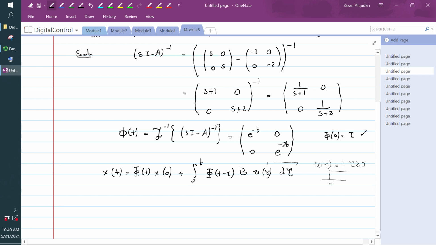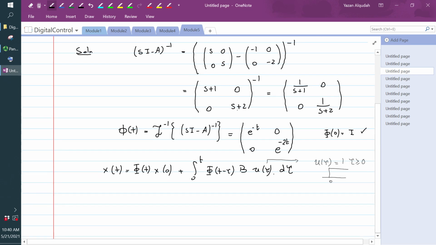And therefore, in this integration, this is just going to equal a 1. So I can come here and say this is going to equal phi of t, which is equal to e to negative t, 0, 0, e to negative 2t, multiplied by x of 0, which is given as negative 1